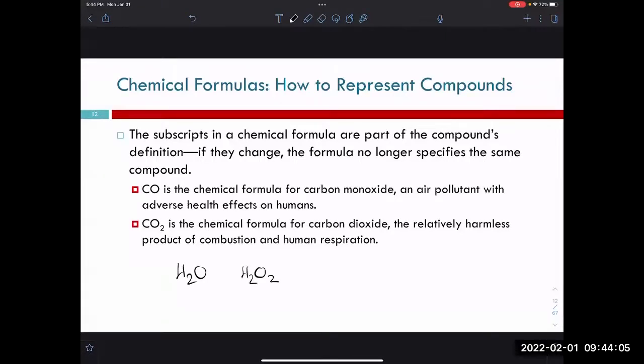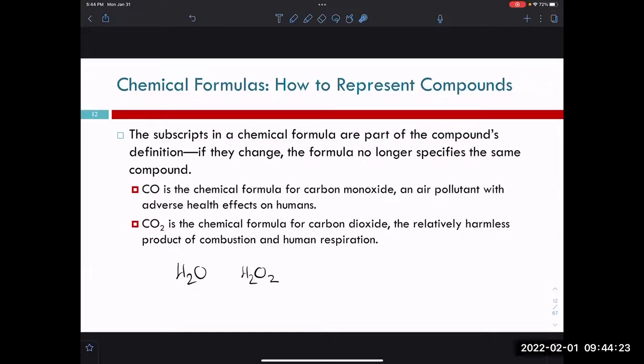So the numbers of the subscripts are important. We don't change those unless there's a chemical reaction going on. Just like CO2, carbon monoxide, CO, and CO2